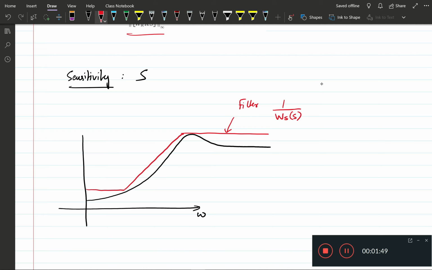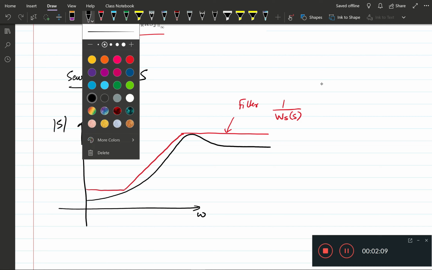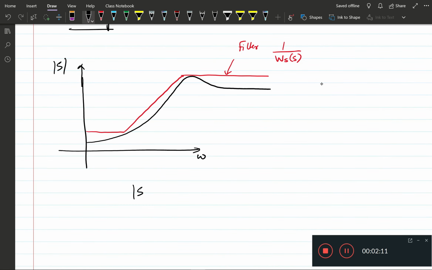Now because this is a seesaw system, it's just the absolute value of S. So what we want really is that S of j omega should be less than or equal to 1 over Ws of j omega for all omega,